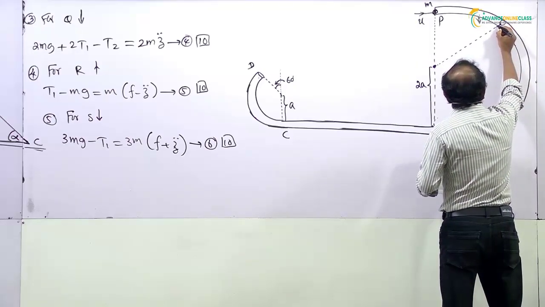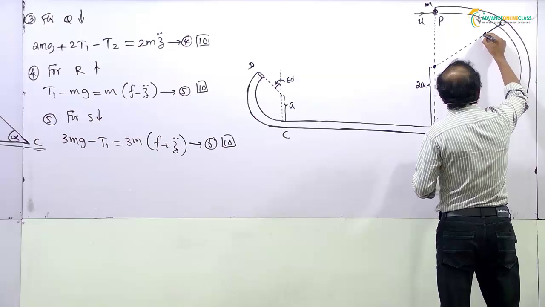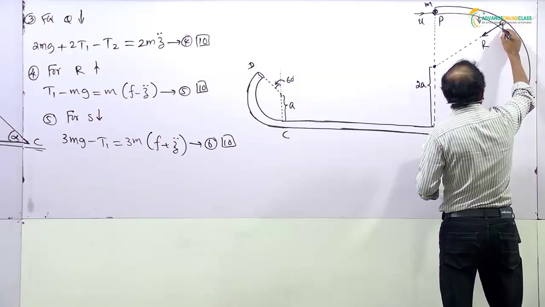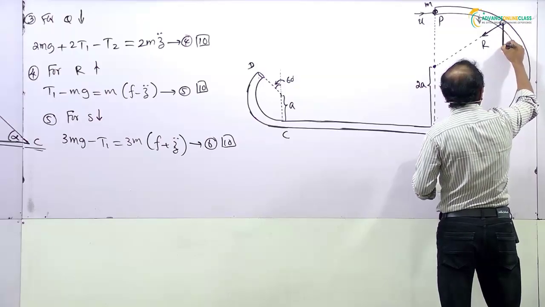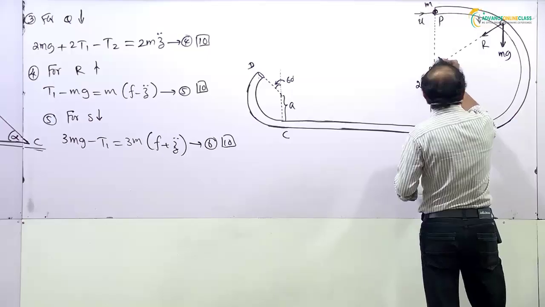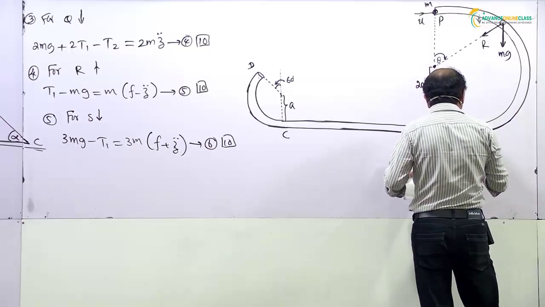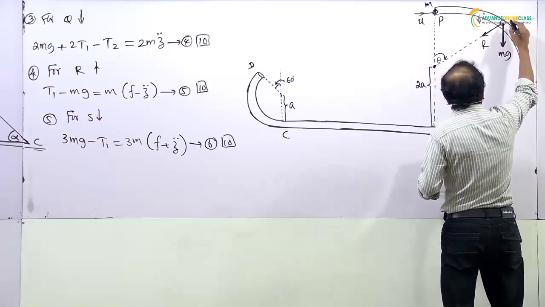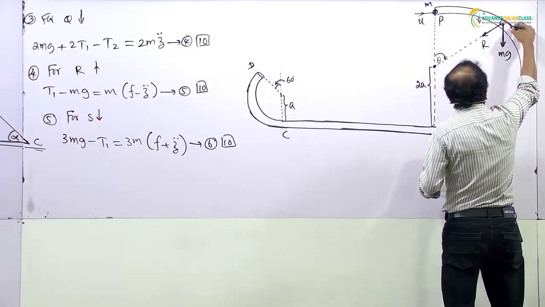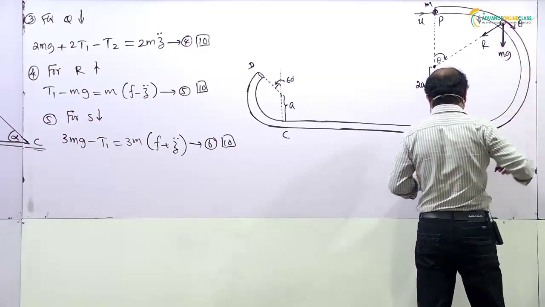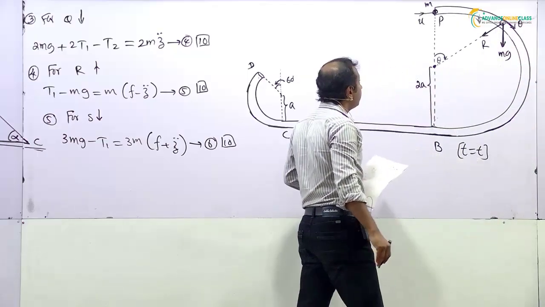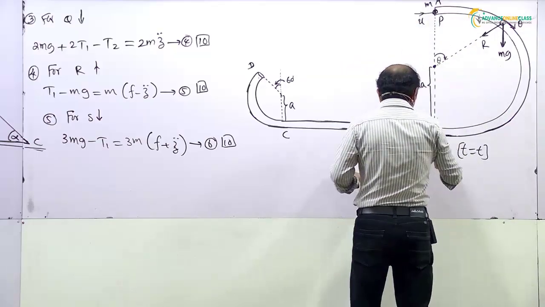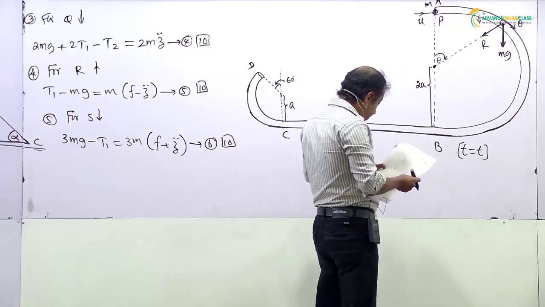The normal reaction R, so as to pass through the center. Weight mg is here. This angle is theta at time t equals t. At time t equals t, if the particle turns through an angle theta, the angular velocity is given by theta dot. Here, point A. Okay. Right. This BC part,